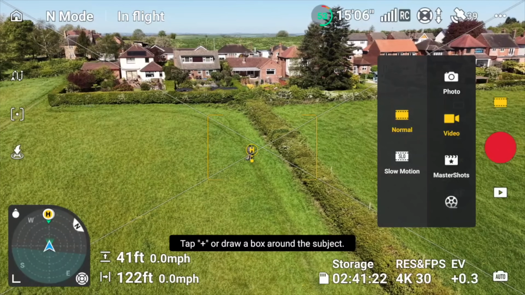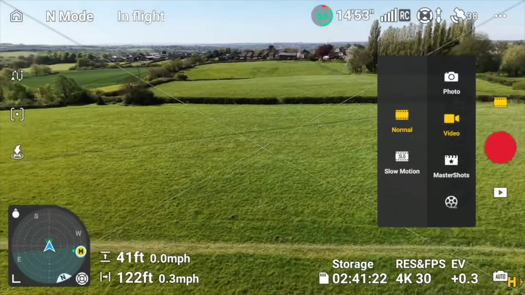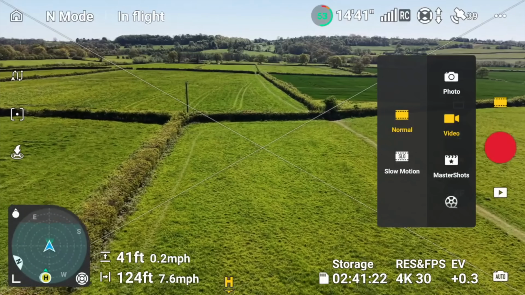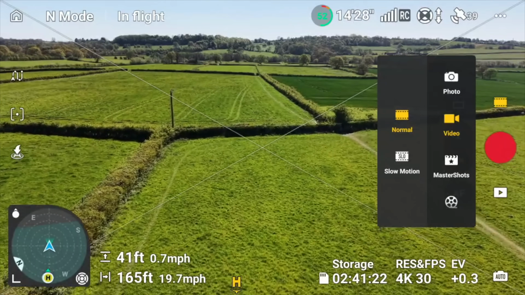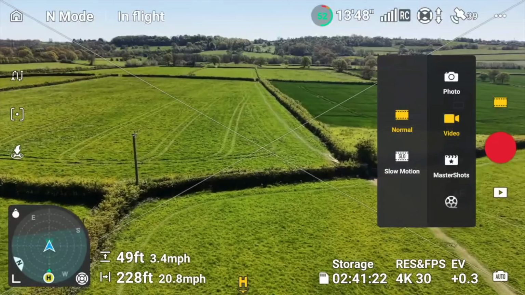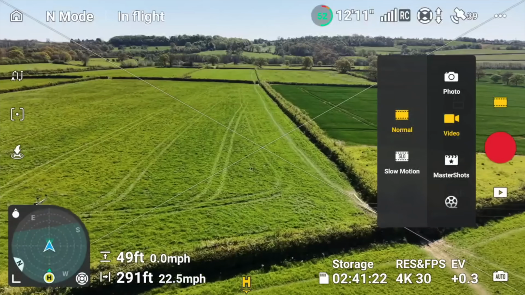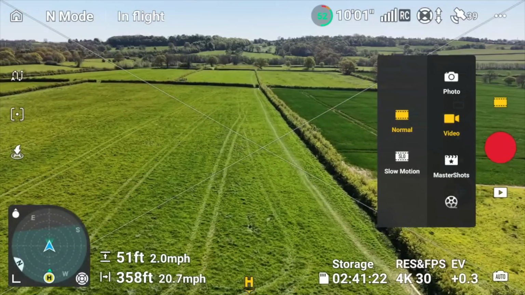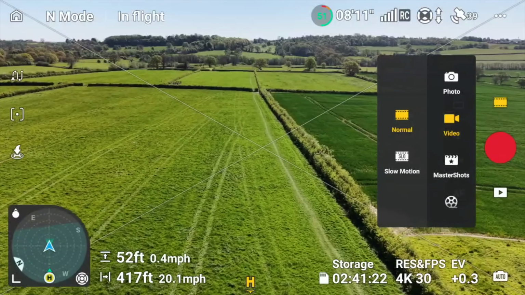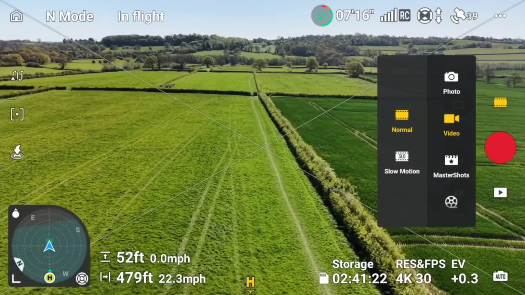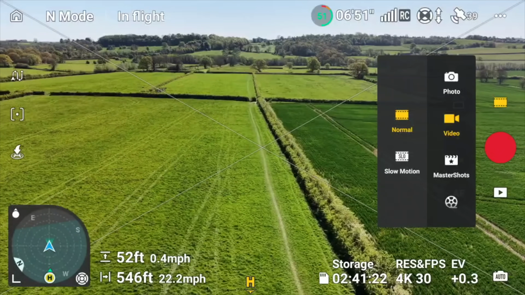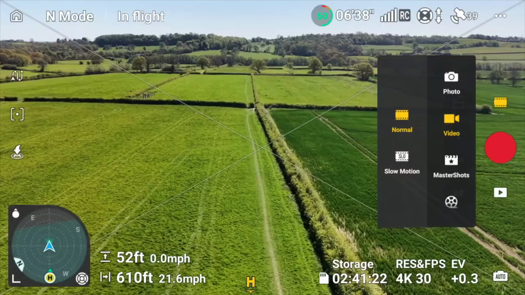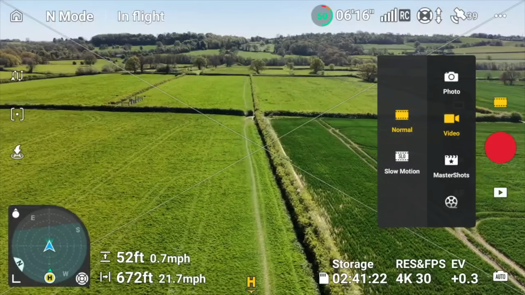So we're just going to finish off with a quick return to home. Just fly out for I don't know, 600, 700, 800 feet, and we'll just hit the return to home and make sure that that works as it should. It's one of the tests I always do once we've had an update. Obviously we've had a firmware update on the controller, and also a slight increase on the Fly app update as well,